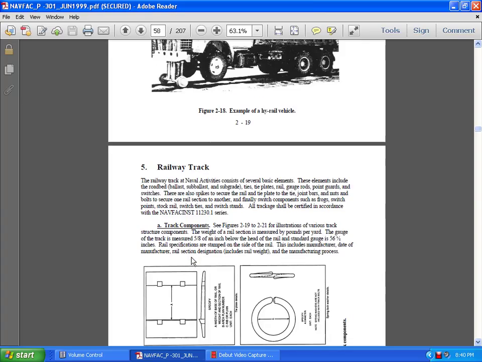5. The railway car. The railway track structure consists of several basic elements. The elements include the roadbed, ballast, subballast, subgrade, tie plates, rail gauge rods, point guard switches. There are the spikes that secure the rail, complete with joint bars and the nuts and bolts that secure one section to another. Final components such as frogs, which in points the stock rail, switch ties and switch stands allow tracks to be certified in accordance with the Navy FAC